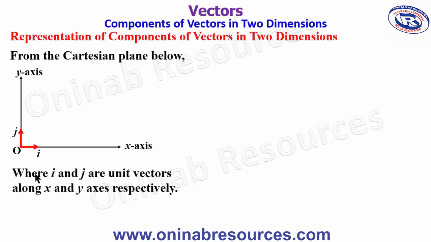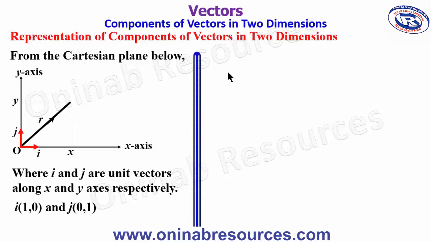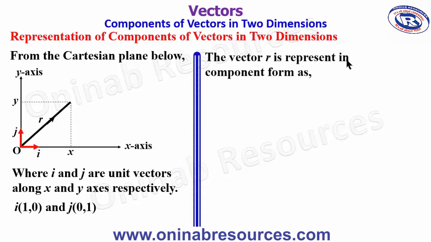So we have said that i and j are unit vectors along the x and y-axis respectively, and the coordinates of i is (1, 0), and that of j is (0, 1). So we now consider a vector r. This vector r starts from the origin, and we look at the endpoint here. That is, if we take this as x and this one as y, the vector r is represented in